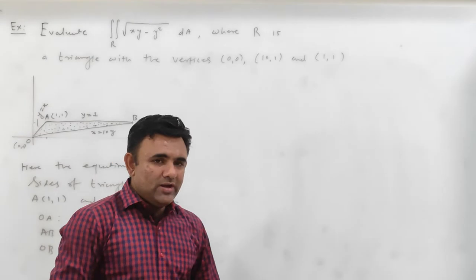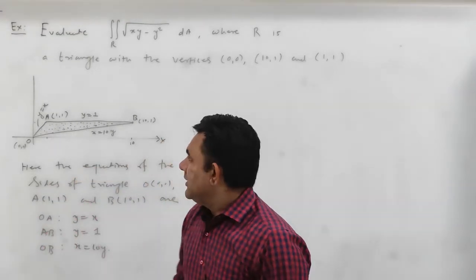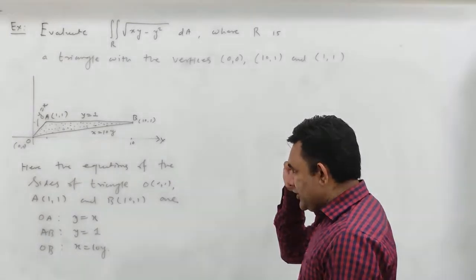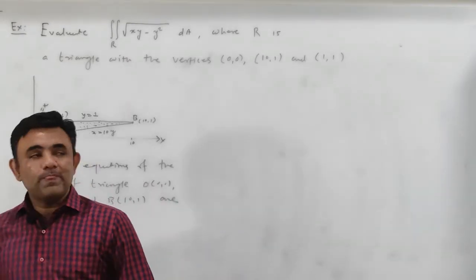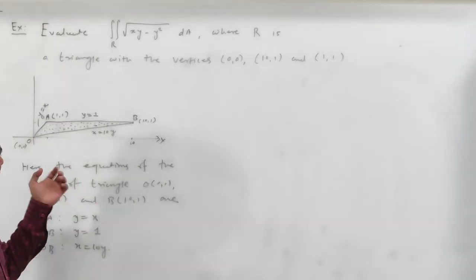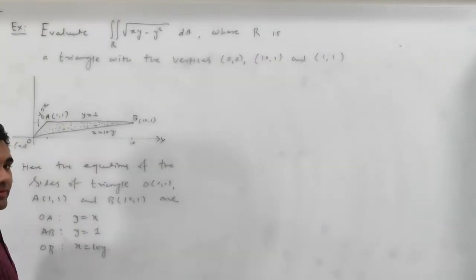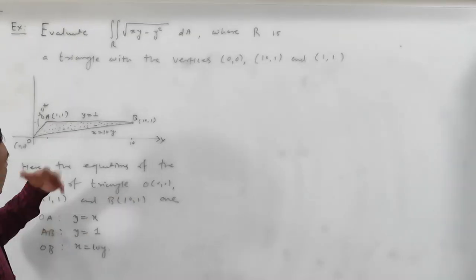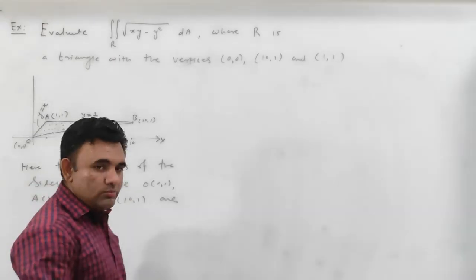Okay, now we have to decide a strip. Should we take a horizontal strip or a vertical strip? What do you think? Here we have both choices, horizontal strip and vertical strip. In the 2 previous examples we have considered a vertical strip. Let me zoom this figure.